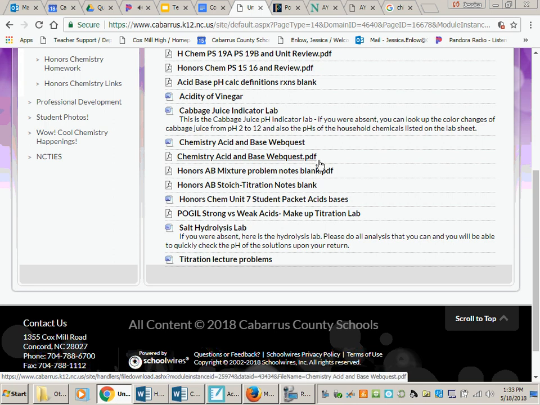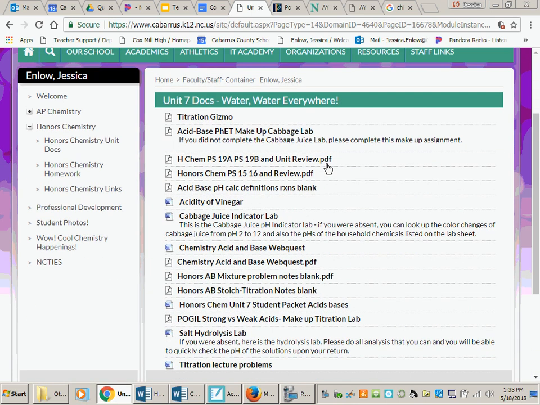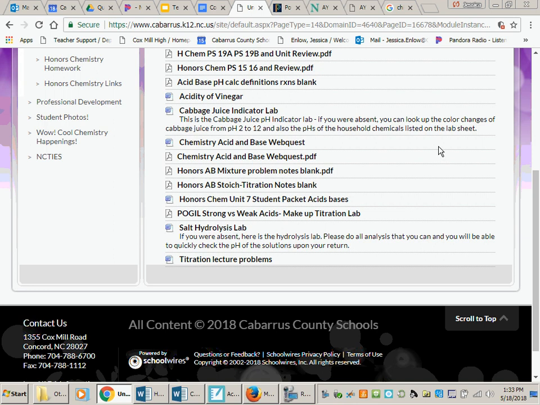See, I was ready. Okay, go to Unit 7 Docs and go to either the Word file or the PDF. It doesn't matter, they're the same thing. And I just need to show you how to access this because sometimes it's a little finicky with how to get to the simulator. So you are on my website. If you've not made it to the internet, you got to get on the internet first, and then you go to my website. And yes, you're going to Unit 7 Documents, and the Unit 7 document says acid-base web quest,